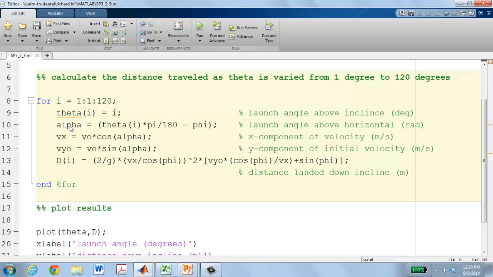Then I define this angle alpha, which is how far the launch is above the horizontal. So I convert the theta into radians and subtract off the incline of the hill, to get how far the launch is above the horizontal. And I can calculate the x component of the velocity. I can calculate the y component of the initial velocity. And then I write my equation